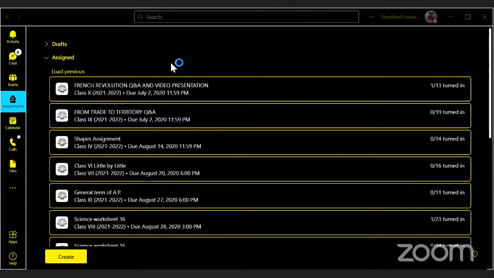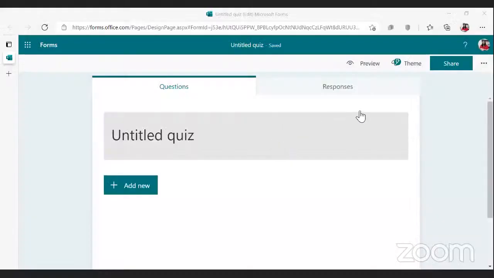Are you able to see my screen? Or I have to reshare? Which screen is visible? Yes, madam. Can you tell me? Yeah, French Revolution question and answer. Oh, no. Actually, I have shared the app. Wait. I have to reshare because I shared the app. I have not shared my screen. It has taken me to this thing. It has opened this quiz. Can you see the white screen now?